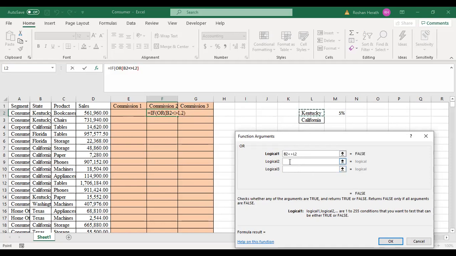Yeah, good. Then the second test, you're going to check the same thing. It is not equal to California. Yeah, it's true. If any of these conditions are satisfied, then